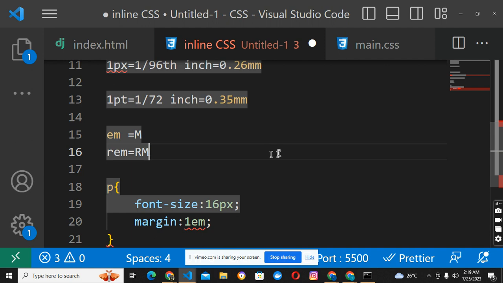Rem is always calculated based on the root element for the size. For example,